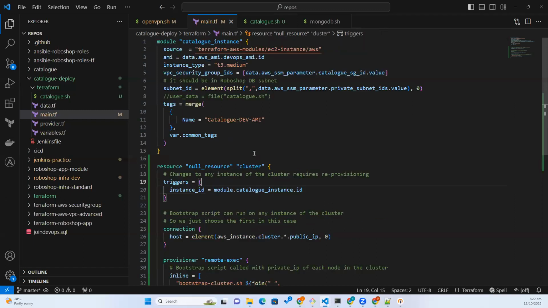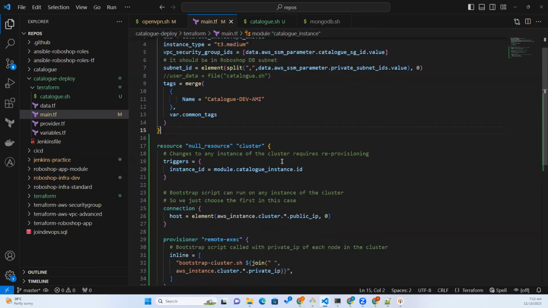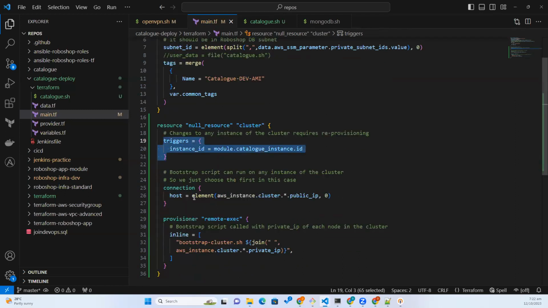So changes to the instance ID trigger this, or reprovision, whatever. So this is the trigger, and then connection. Connection, we know this already. So last time we tried it